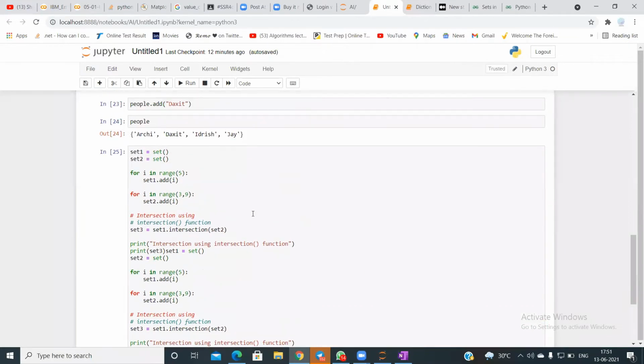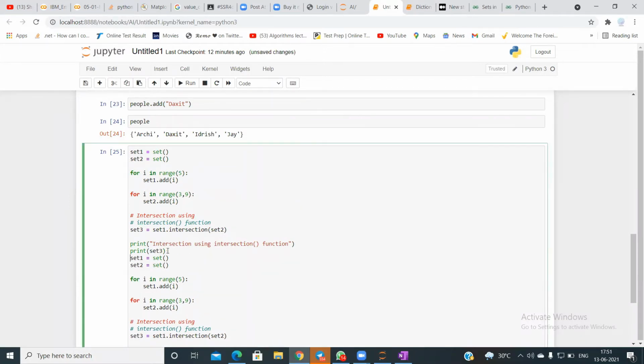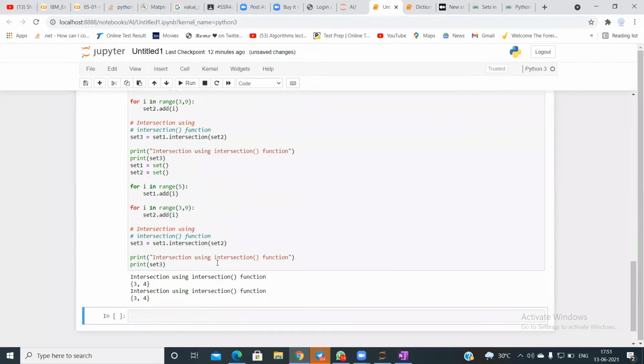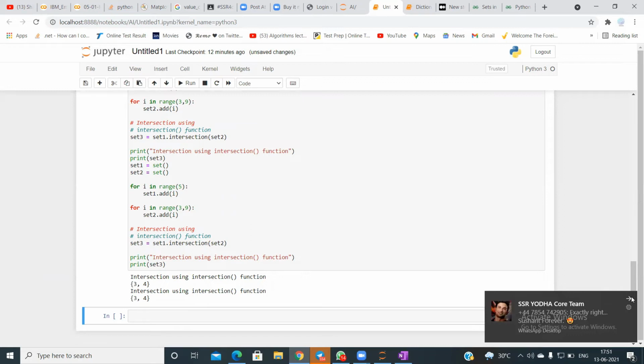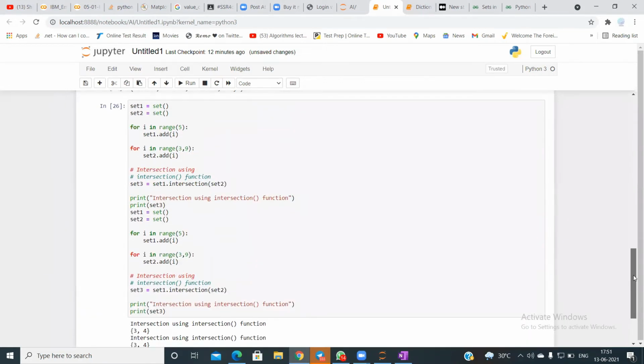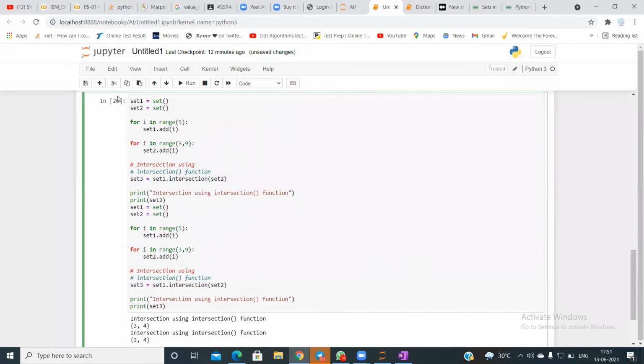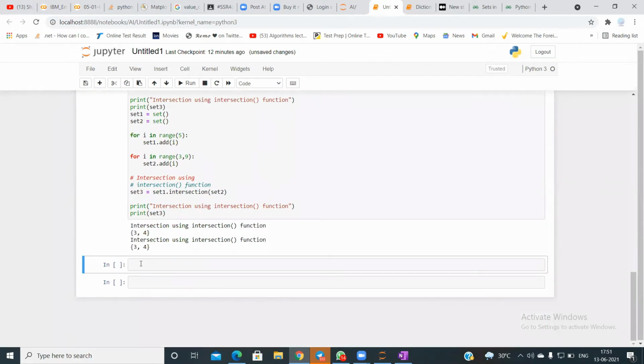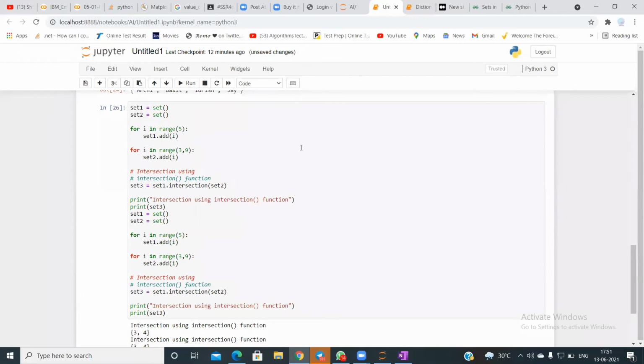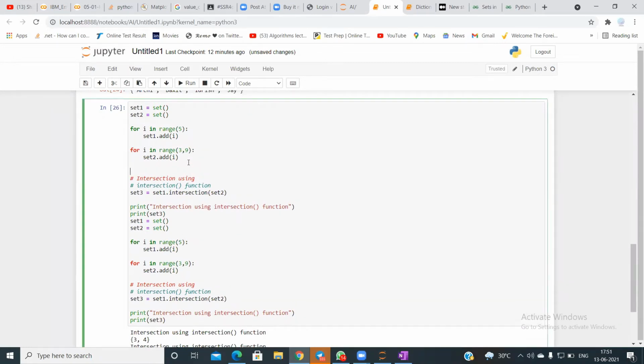Let me print the sets for you so that you get an idea of what the sets are.